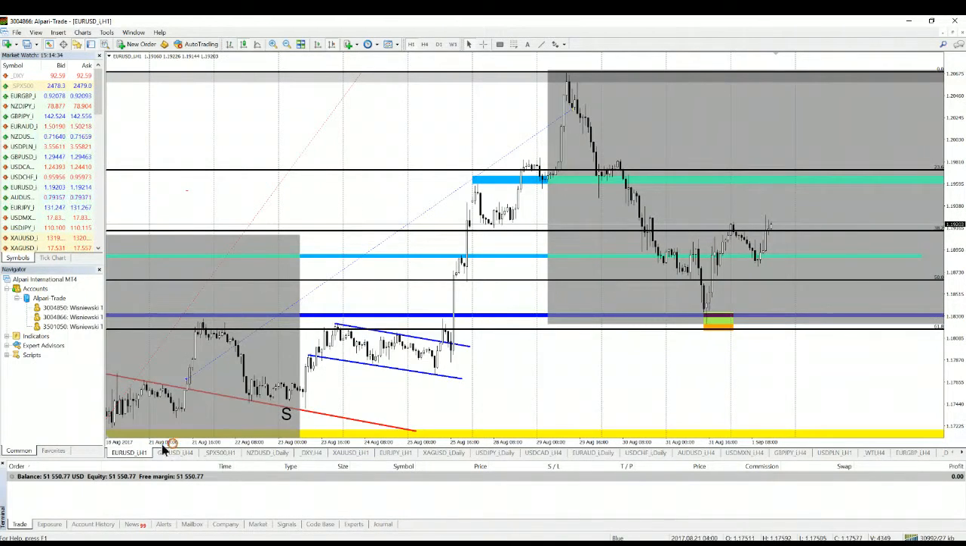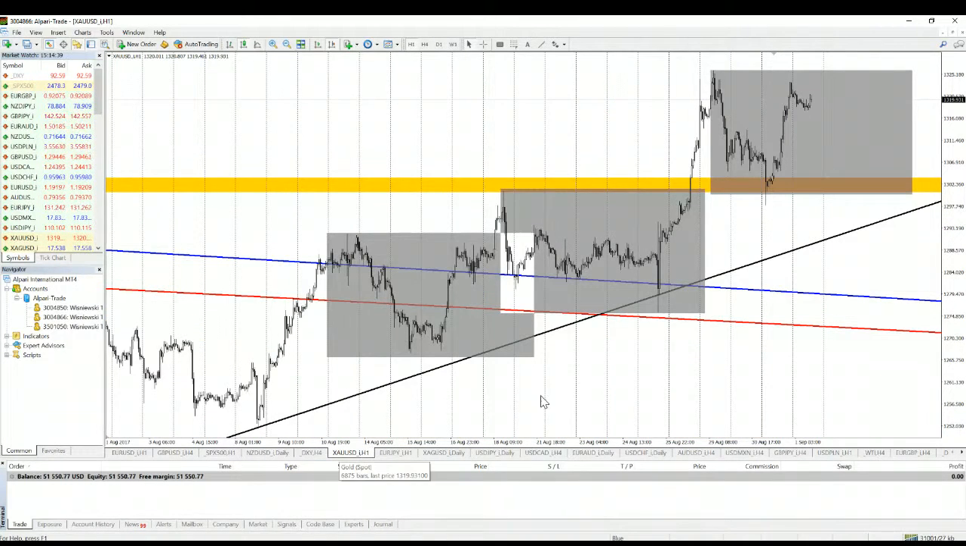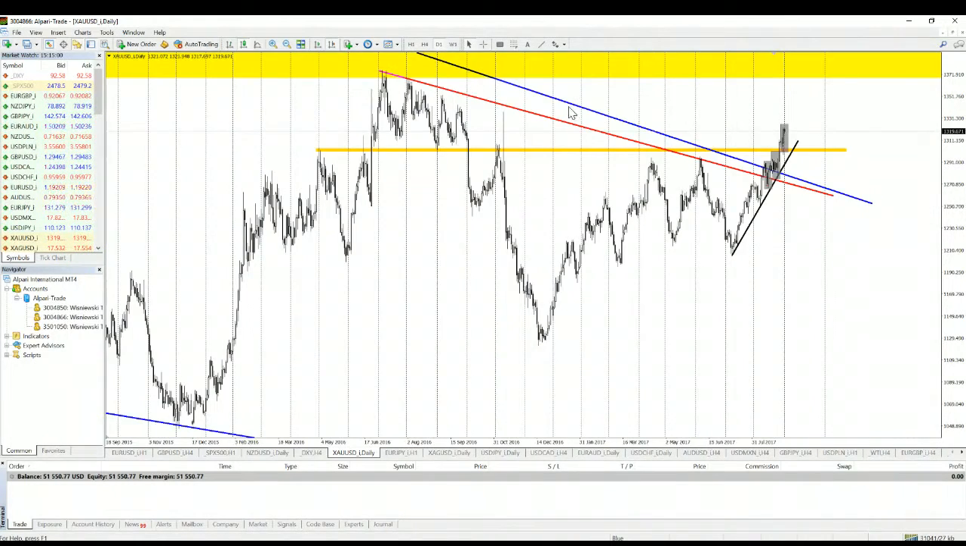So we had correction equality here, and now I'm going to show you correction equality on gold. Those three rectangles are taken from this one. This correction was a little bit smaller, and this one is a little bit bigger. But the thing is that we had almost the same three corrections in a row. Do not go only for the correction equality pattern, but here you can see that it was at the same time a bounce from the recent resistance here,